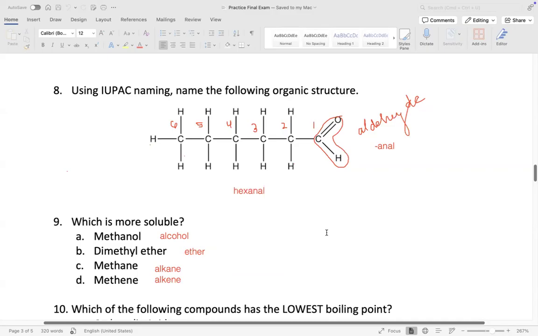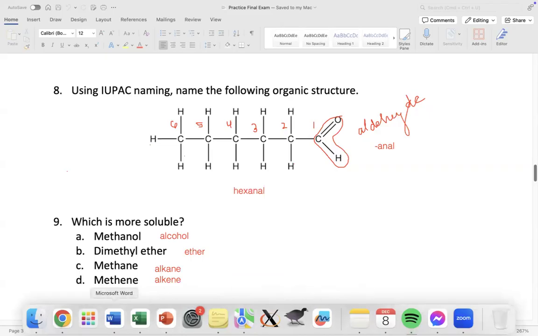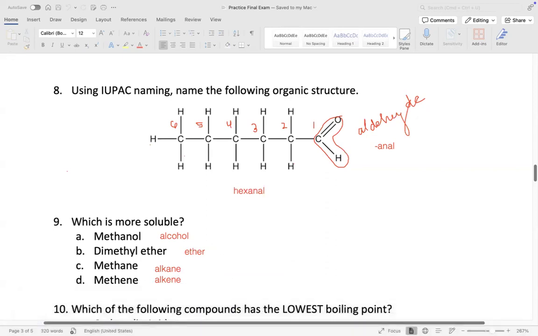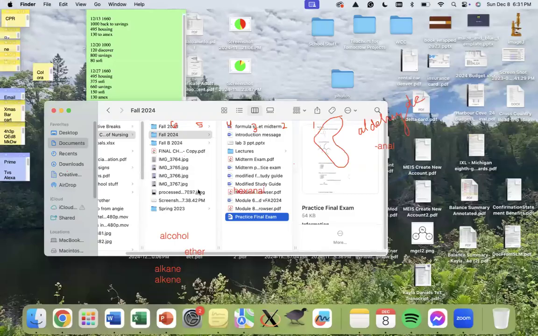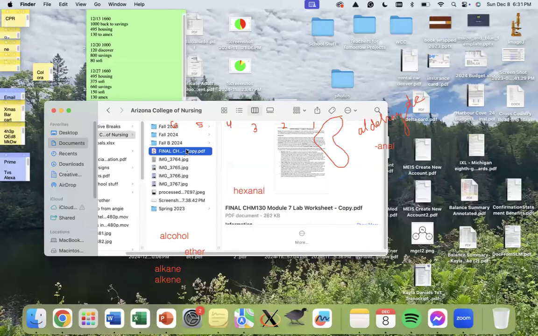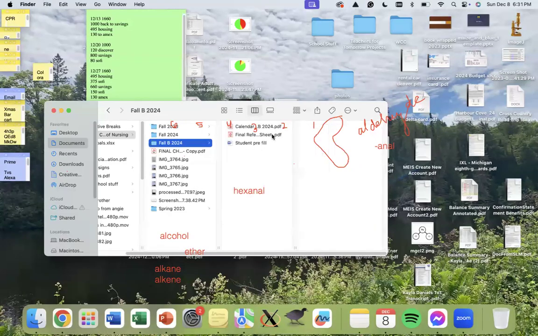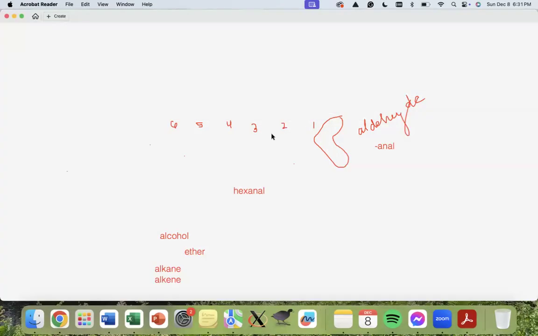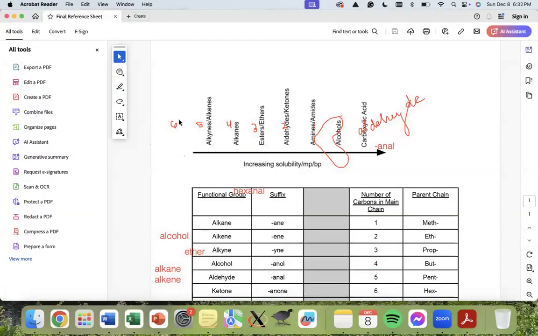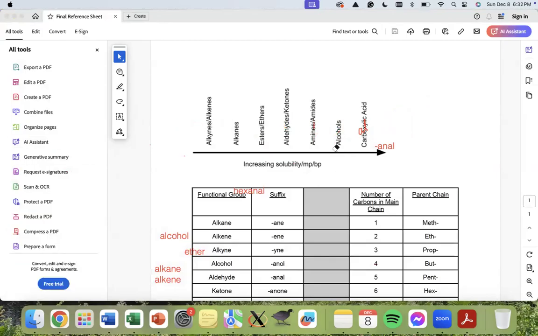All right. So once you've identified that, what you would do on the test is come to your reference sheet, which like I said, I posted this earlier, but for this question, I think it might be helpful if we pull it up. All right. So this chart here that we're looking at the top, this is the chart that I'm referring to where you can